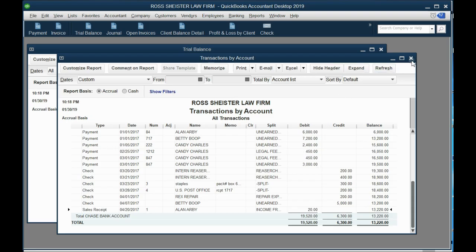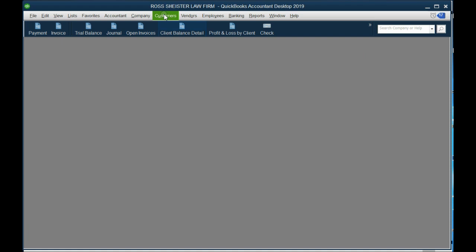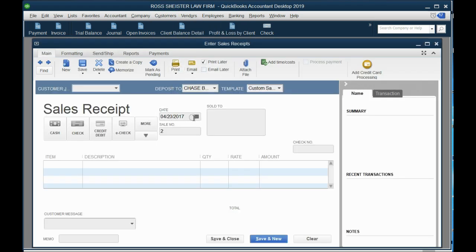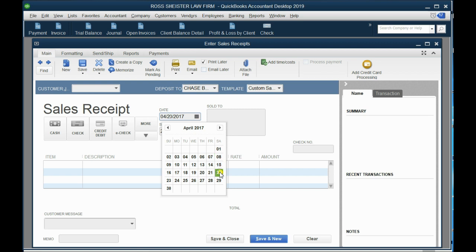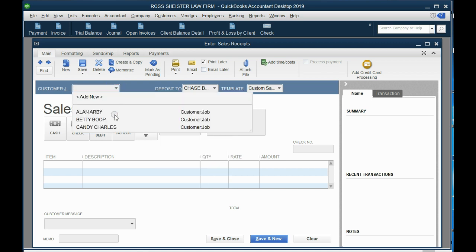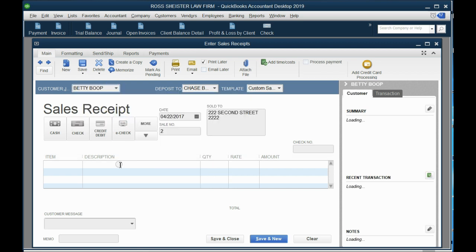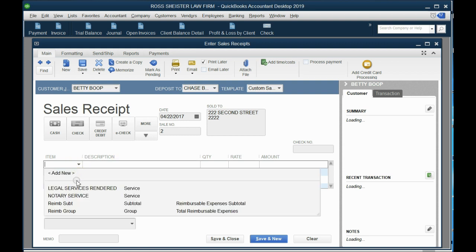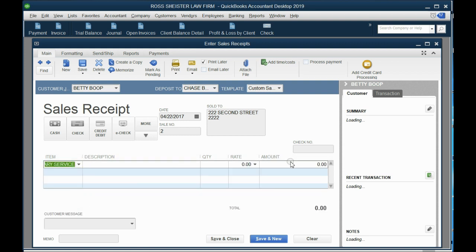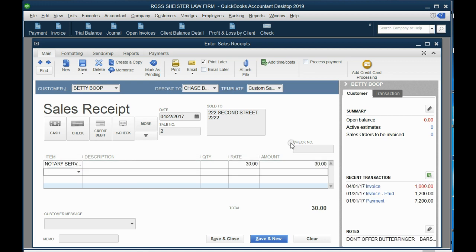Well, it's the same sale receipt that you're going to make. Customers, enter sale receipt. The date will be April 22nd. The customer is Betty. And the item is the notary service, and this time it's $30 rather than $20. But you have to be careful. If she gave us a check, you have to make sure that you click check and you put in the check number